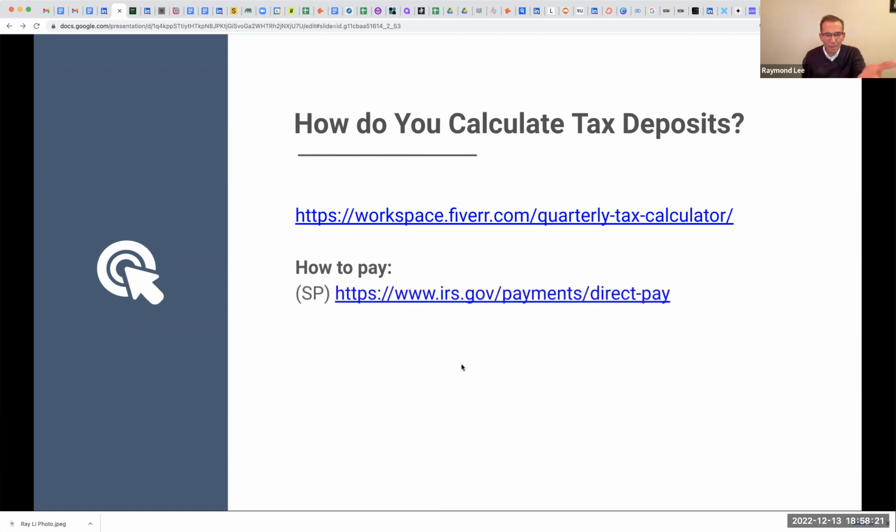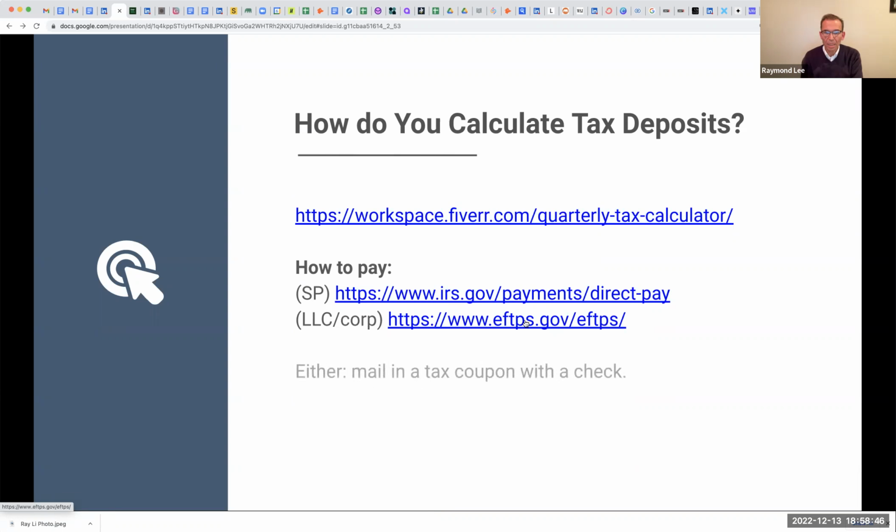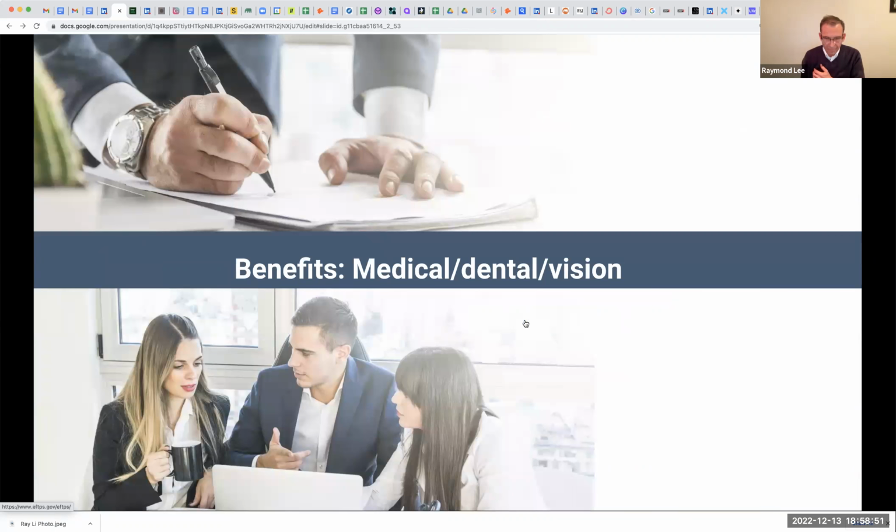Okay, how to pay? Well, there's a federal site you can pay. And then most states also have sites where you can make these state tax deposits too. That app we just did was for federal, and that's usually the bigger one. But you may need to make state deposits as well if it's a large amount. So you need to find out for your state how to do that. Okay, all right. And sometimes there are tax coupons and things like that.